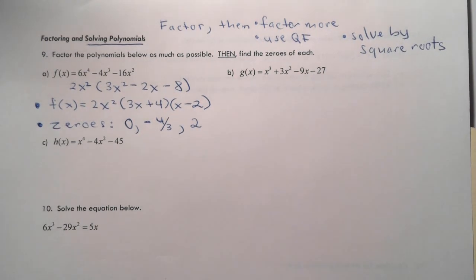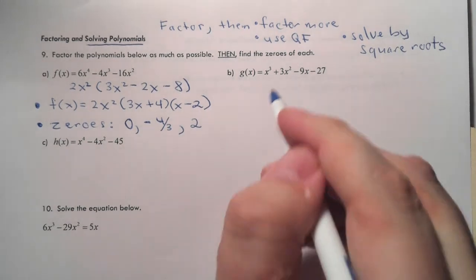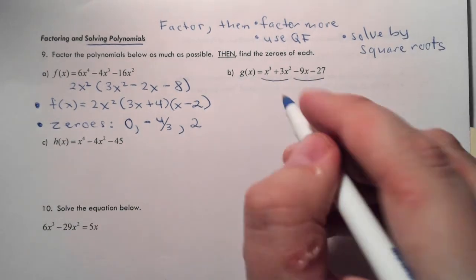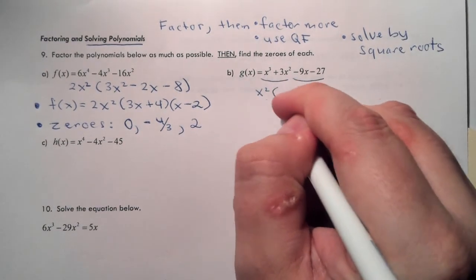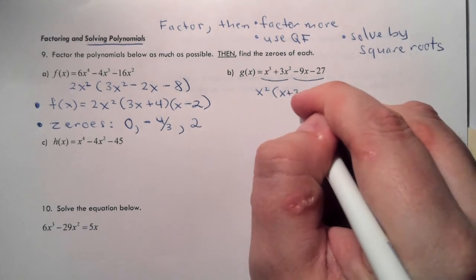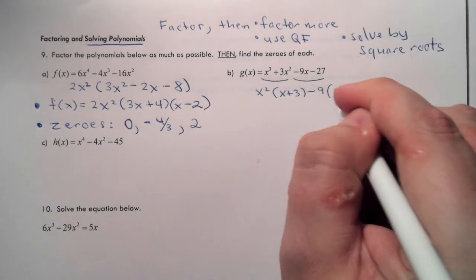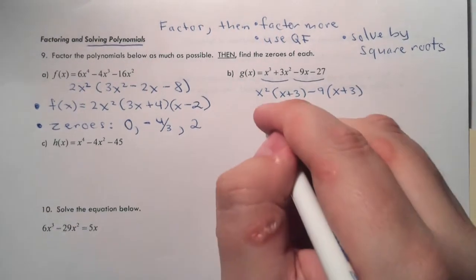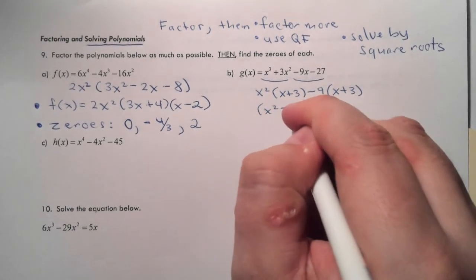Let's take a look at B. Again, we want to look to factor this. The greatest common factor of all 4 terms there is 1, so I move right into how to factor a polynomial with 4 terms, which is to group. So I'll group the first 2 terms and the last 2 terms. Take out x squared times x plus 3. Down here take out negative 9, be left with x plus 3. So this factors by grouping, and I'm left with x squared minus 9